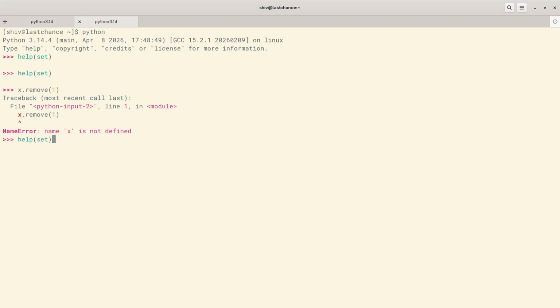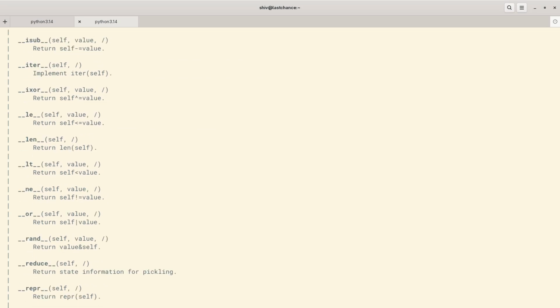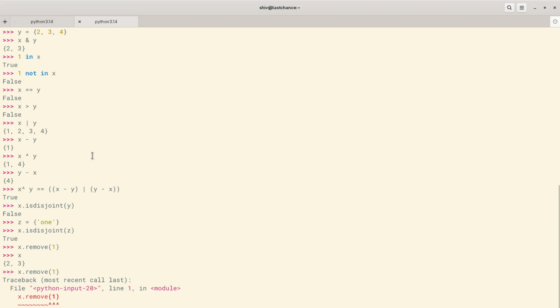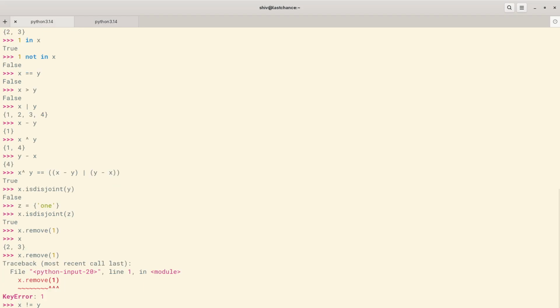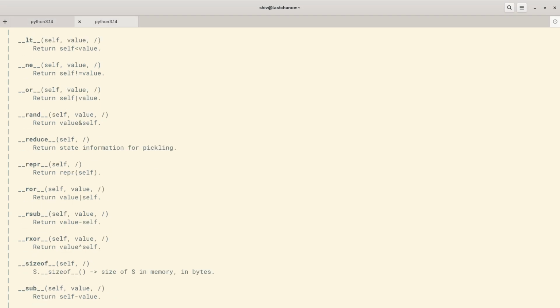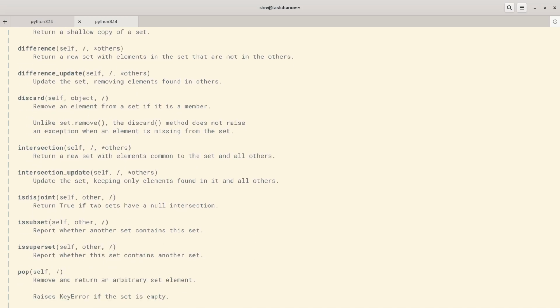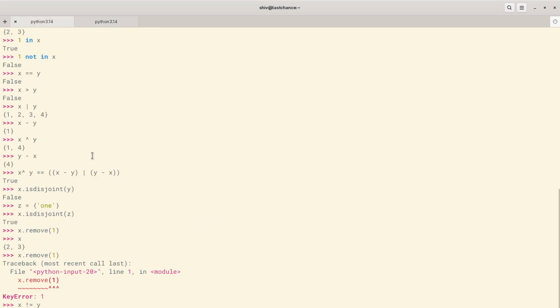Okay. So what else is there which we can explore? I will leave some of it to you. You can compare two sets for equality, and similarly you can compare for not equal as well. X not equal to y, which is true. What else can be there? Let me see. Intersection, subset. So now x will be subset of y because it contains only